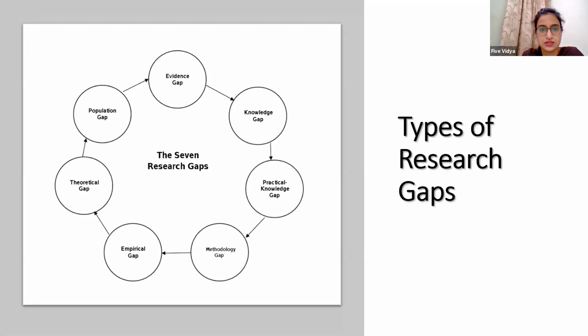Okay, Santanu is asking, if a certain combination of keywords is not available in a search engine like Google Scholar, does that mean the research with those keywords is not done yet? No, that does not mean that research has not been done. You can change the combination of your keywords, and maybe if it is not on Google Scholar, you can check on normal Google. Maybe you can find some other keywords that you can use.